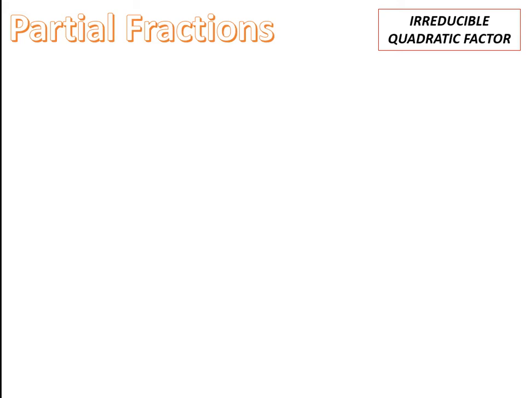Right, so having looked at partial fractions, when we start with a fraction that has distinct linear factors in the denominator, we've also looked at when we have repeated linear factors in the denominator. We're going to look at the third form out of 4 now, which is when we have an irreducible quadratic factor in the denominator. What this basically means is when we have a quadratic on our denominator that we can't